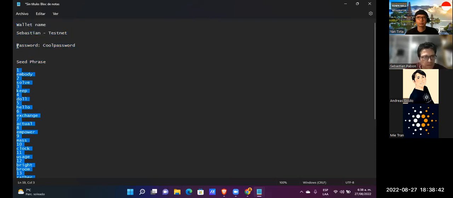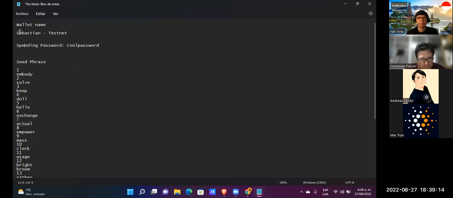This is the spending password. The spending password is not as important as the seed phrase. It's necessary on some occasions in which you have to send funds, for example, but you can recover that spending password with the seed phrase.